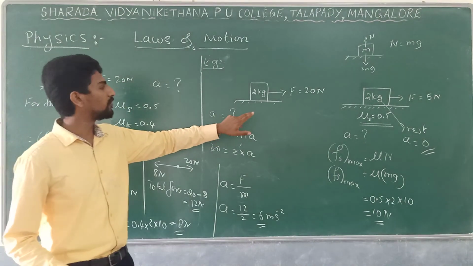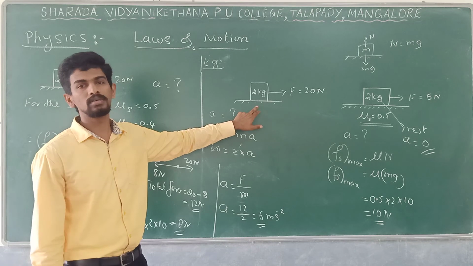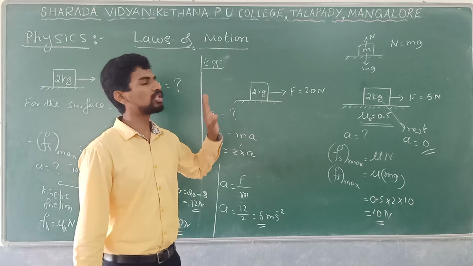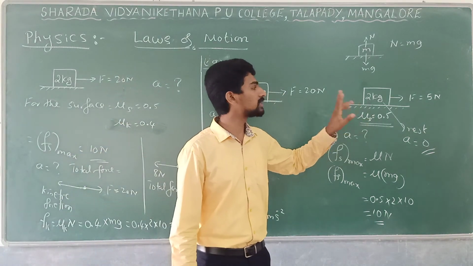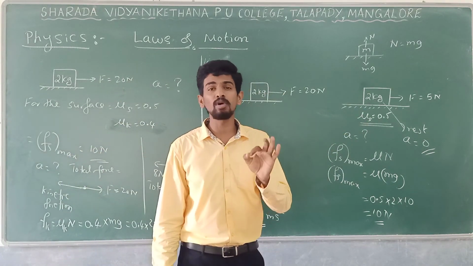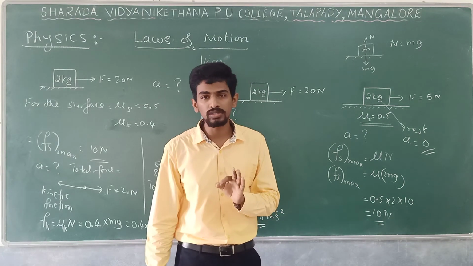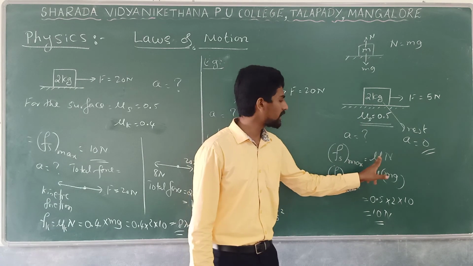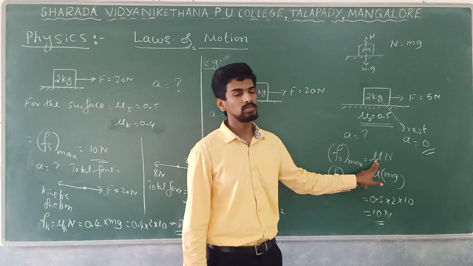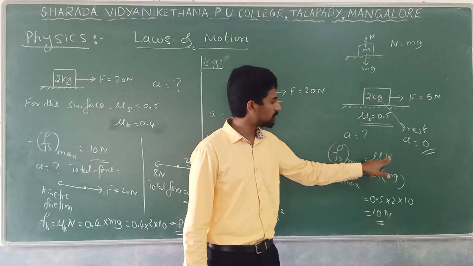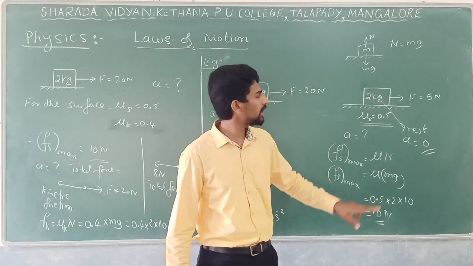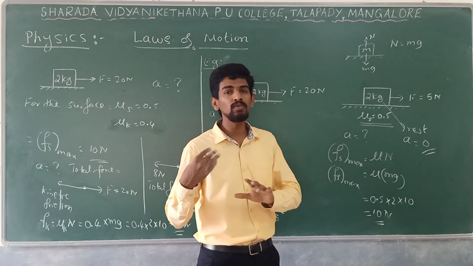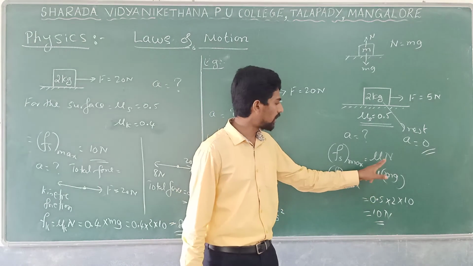So remember, if friction is not given, consider there is no friction. Directly take the force and solve the problem. If frictional force is given, then you have to check whether the body is moving or not. How to check? You have to calculate the maximum frictional force, which is directly mu into N. They will give the value of mu, and in most cases N will be mg only. Here it is mg. Understood? It is not always mg. We will discuss how N changes in different cases.